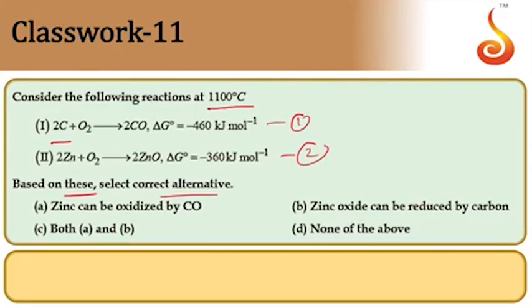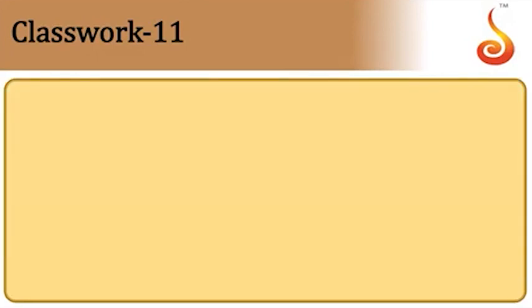Suppose if you take equation 2 minus equation 1, we are going to get delta G value positive, means the reaction is non-spontaneous. If you do equation 1 minus equation 2, we are going to get delta G negative value. That reaction is going to be a spontaneous one. Let us now take equation 1 minus equation 2.